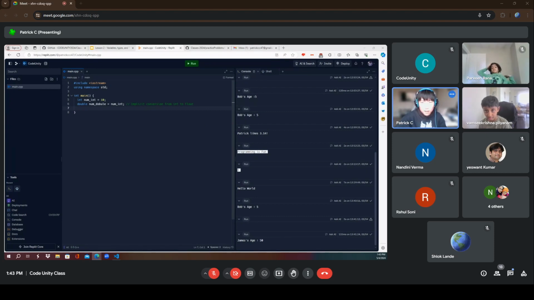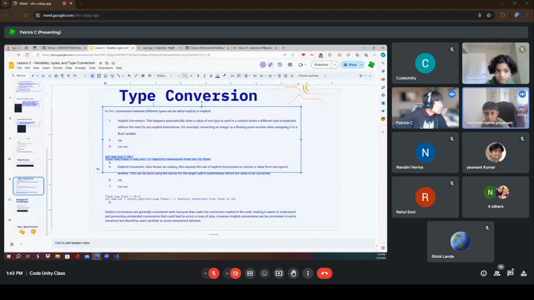Let's see, how do I get out of this error? I first have to take this over here. It doesn't delete it. Oh my god. Okay, I guess we can continue.